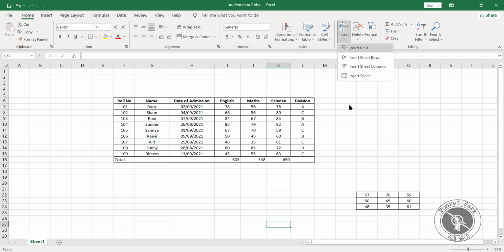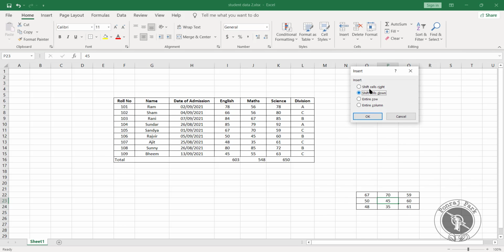First of all, we'll see Insert. Suppose you want to insert a particular cell. Here, suppose I want to insert a cell. You can simply click here on Insert Cells, and then it will give you these four options. Let's take an example where you want to insert a cell, and whatever data we have here will shift to the right, and it will insert the cell in the place of this 45. So I'll select this and click OK. You can see here the cell is inserted, and whatever data was there has shifted to the right.